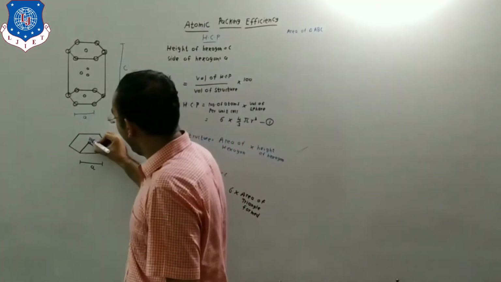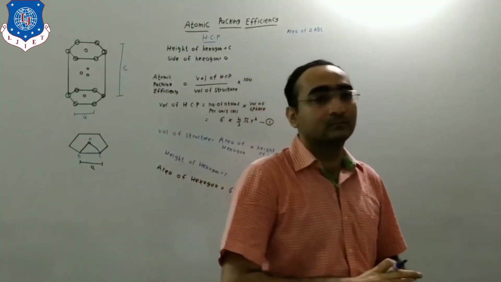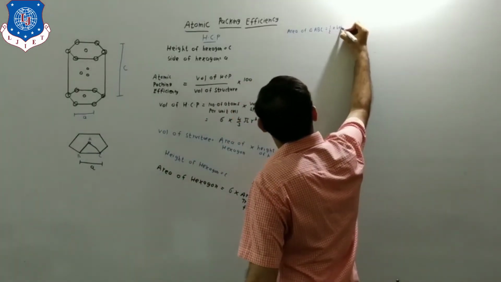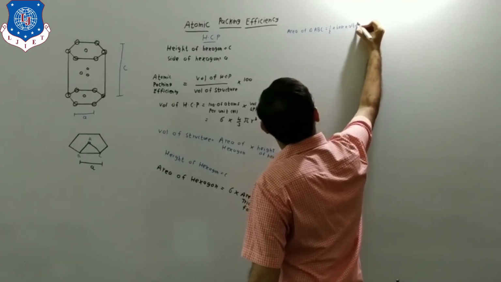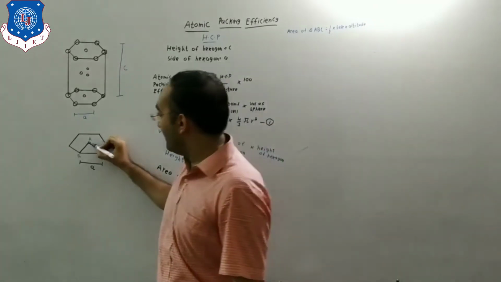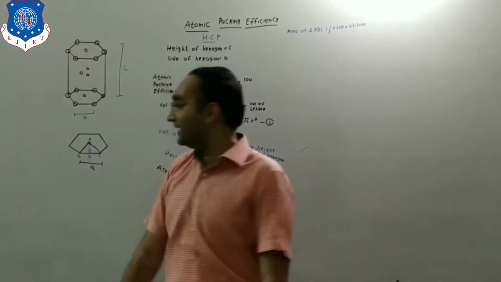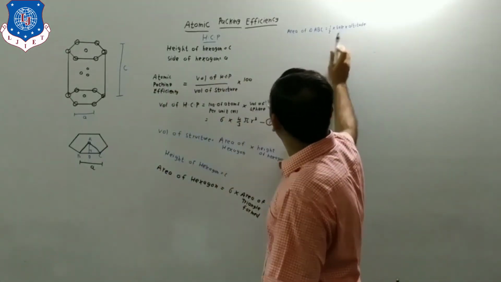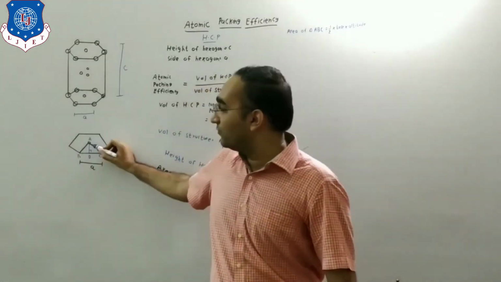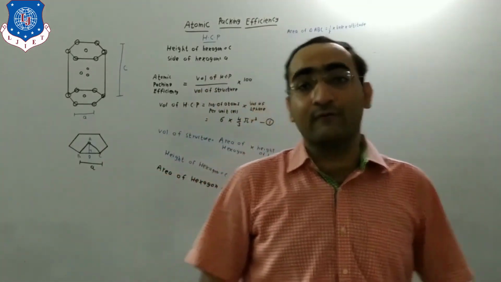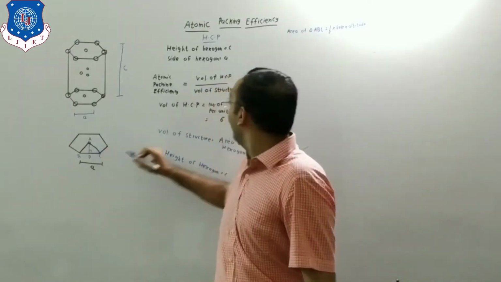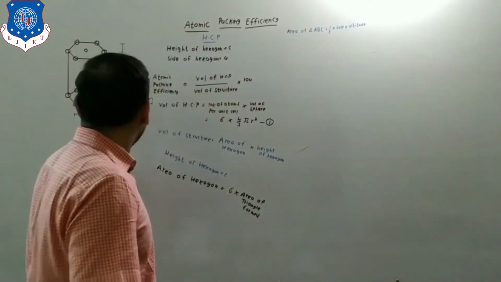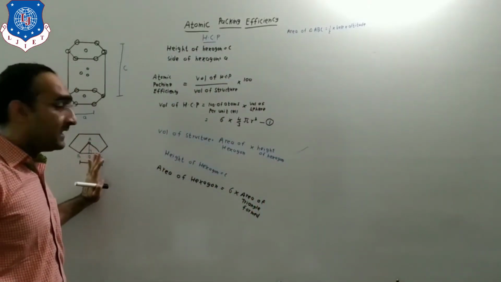Let us take it as ABC. What will be the triangle ABC? That is half into base into altitude. Let us take it D. Now, we are not having the altitude, we are having the base. So, we will be finding out this particular area of the triangle. We are not aware about this altitude.